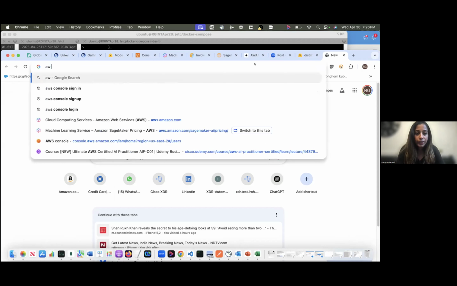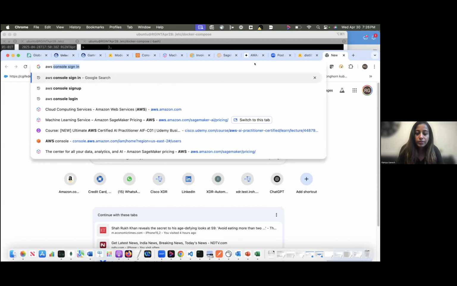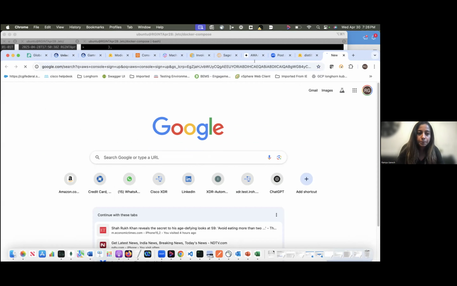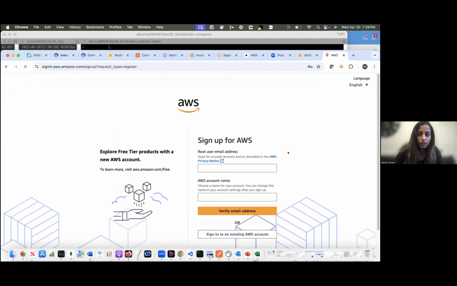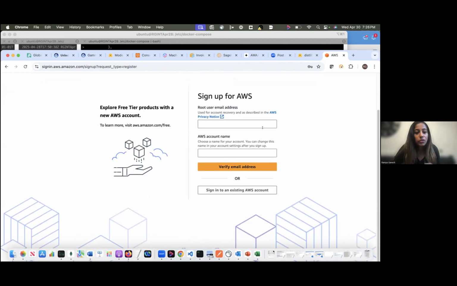You just have to search for the console sign up, and all you need is a root email ID and your account name, and you just have to verify that. It's fairly quick. It would ask you for credit card information as well to sign up, just an FYI.